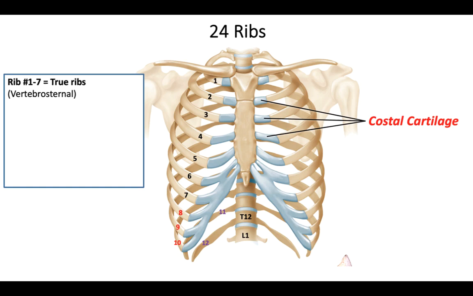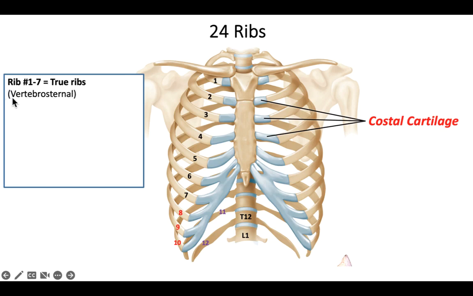All right, so let's first look at ribs 1 through 7. That's indicated here with the black numbers 1 through 7. These 7 ribs, so 7 on the right side, 7 on the left side, are often referred to as true ribs, but also vertebrosternal ribs. Now I don't really like calling some ribs true and some ribs false. To me, it's kind of disrespectful to the false ribs because they serve the same purpose and function as the true ribs. But I do like this nomenclature,